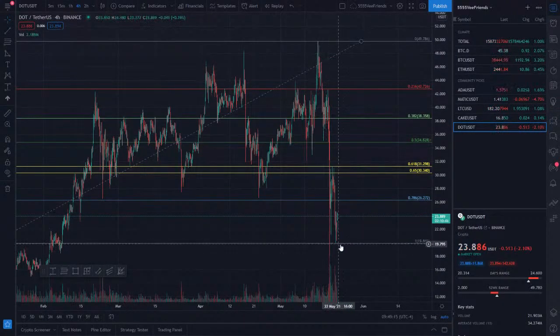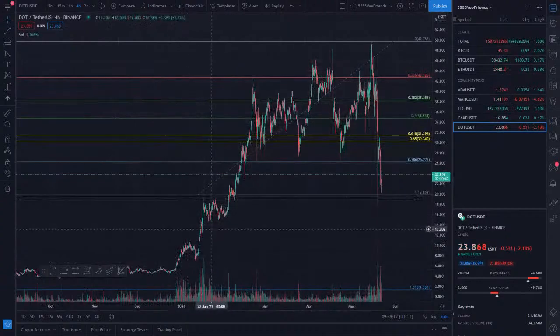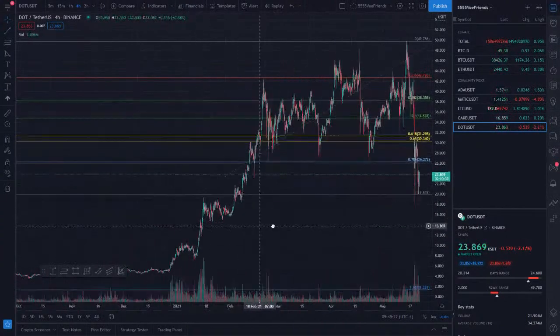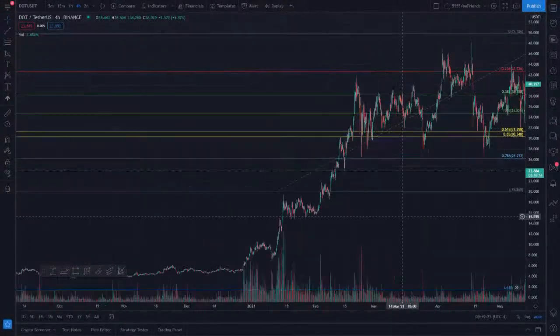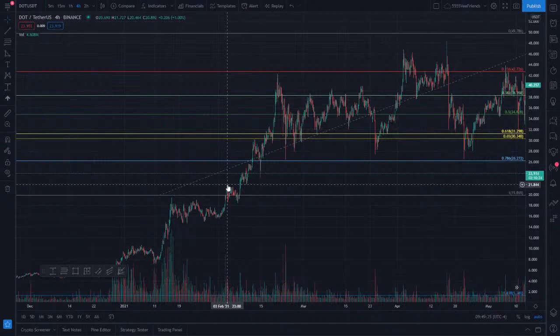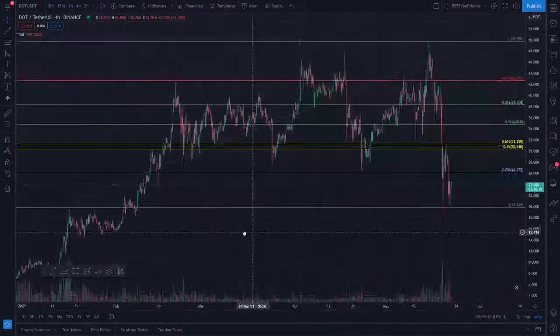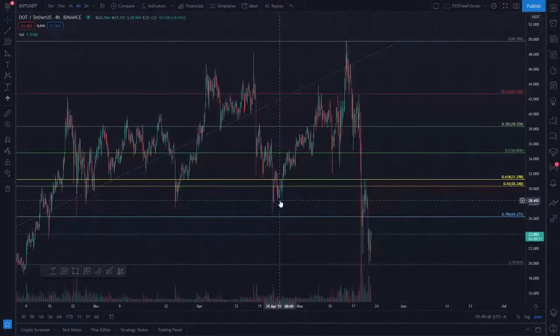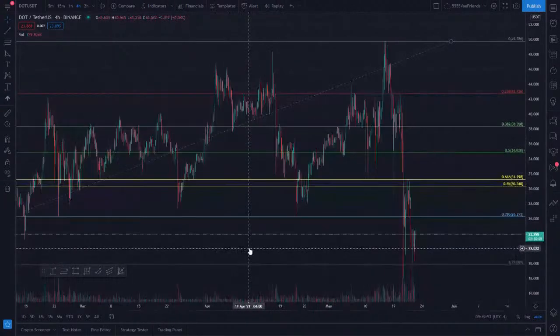Now, we have this line here in that space. That's why it's not really going to be perfect here. In this space, there was a clear test of this area, and it broke through, got really excited, got rejected, and then started on this run up here. A lot of activity off of this golden pocket. So I would say we're pretty accurate here with this.